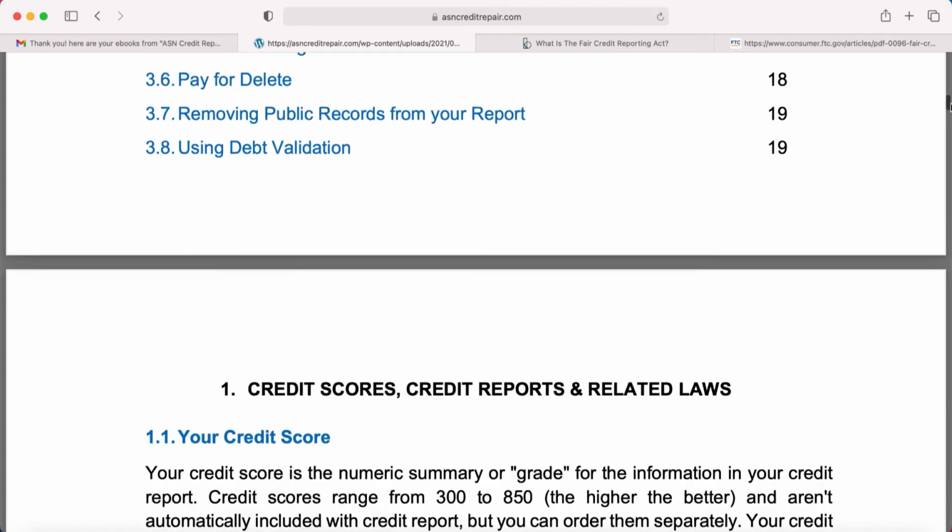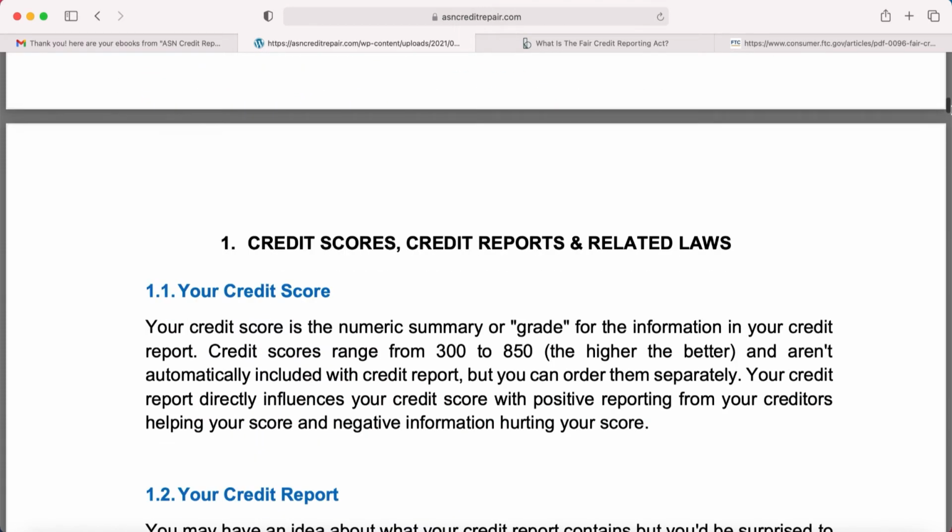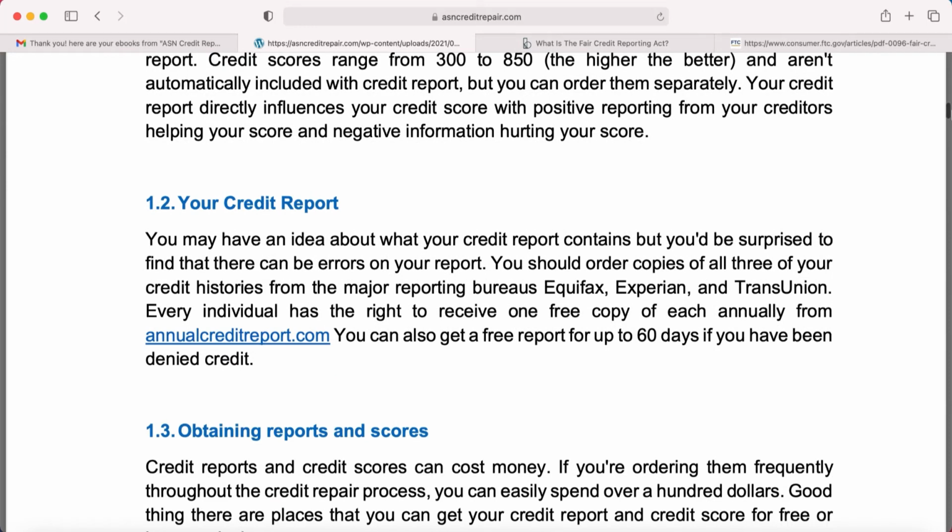Very detailed information. I try to make sure I give you guys as much information as possible. So you see this says credit scores, credit reports, and related laws. It's telling you your credit score, your credit report. Here's an important part that I want you guys to pay attention to as well. Now, every year you're entitled to a free credit report. One of the first things that you want to do before you start repairing your credit is to go here,